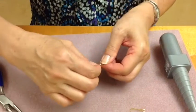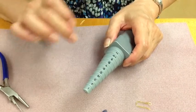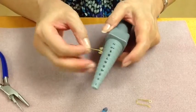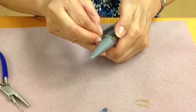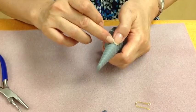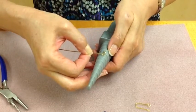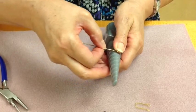Okay. Now I'm using an oval shaped mandrel, and we've put some numbers on here so it'll be easier to go back to the correct size I'm working with, and I've already worked with the 8th step to make the other part of the pair. So what I do is find the center top of my step. I'm going to place the wire, the figure 8, right up against it, and the wire's leaning against that edge